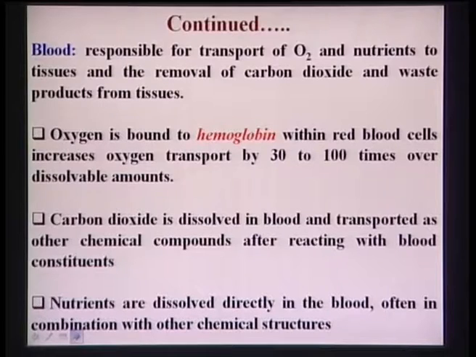Now, many times for ailing patients, or patients who undergo surgery or who are not healthy, the oxygen level in the blood is reduced and the carbon dioxide level is increased. Carbon dioxide level increased means that carbon dioxide is not being transported out through the blood, and oxygen level reduced means that the RBCs carrying the oxygen are not performing their normal function, so they are not able to supply enough oxygen. That is the reason many of the tissues will die subsequently because of hypoxia.